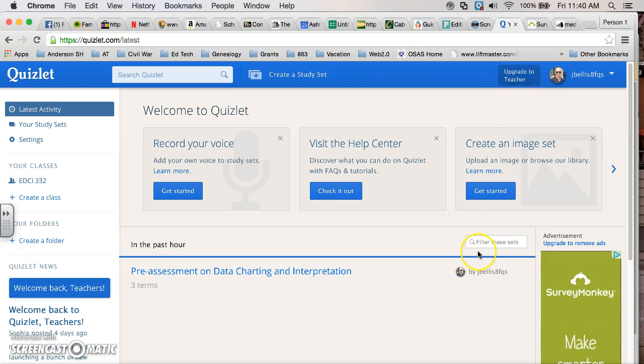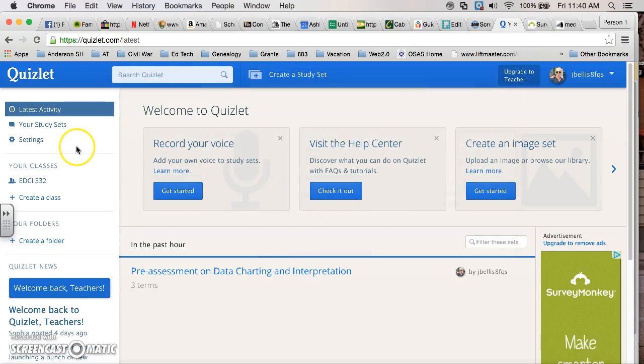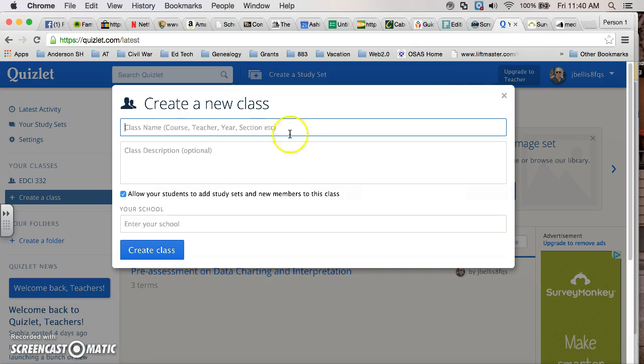First one happens to be Quizlet. Okay, Quizlet's popular in schools. It's kind of great for basically learning terms, especially the free version, because you can't really do anything else with it. Like you can't add an image set or anything else without upgrading. But what you can do is, for instance, if I decided to create a class here,